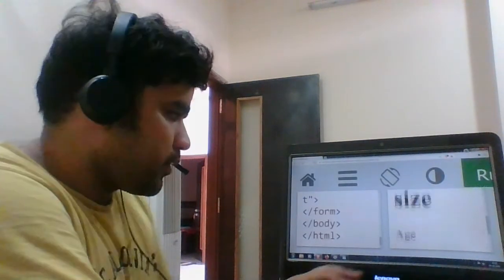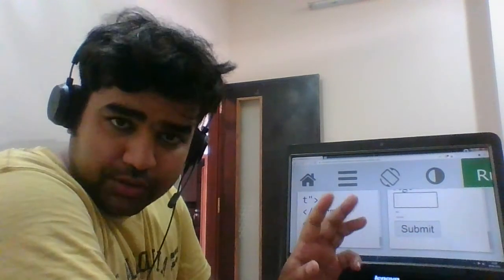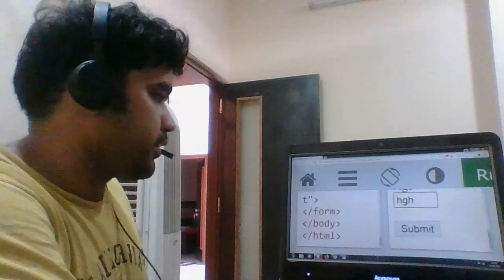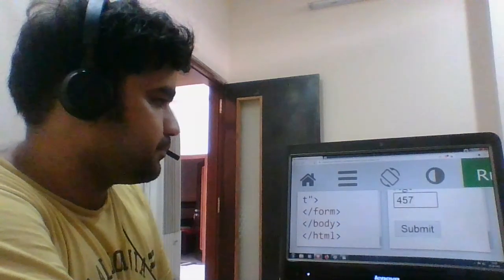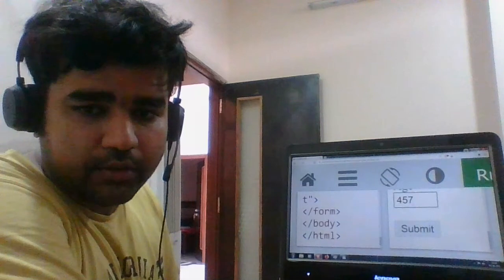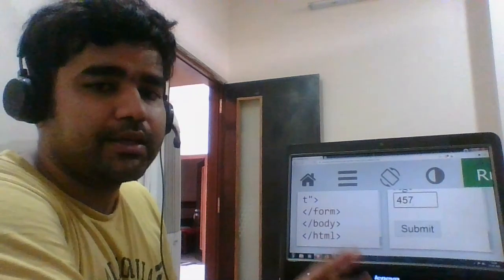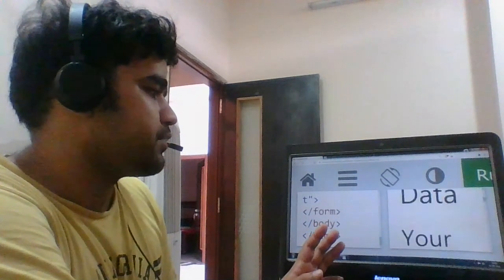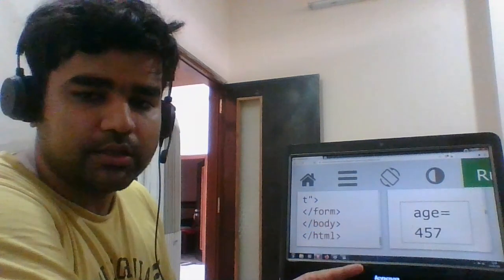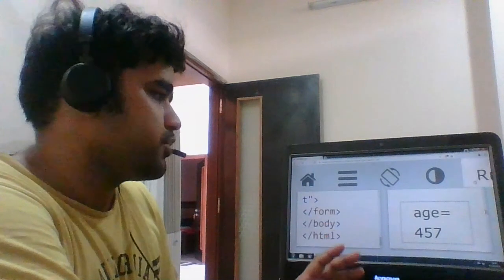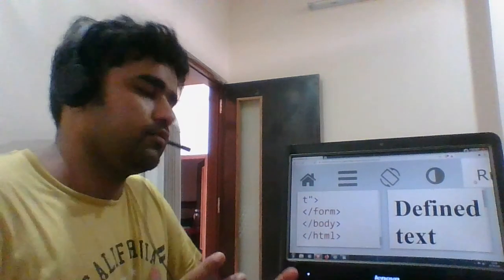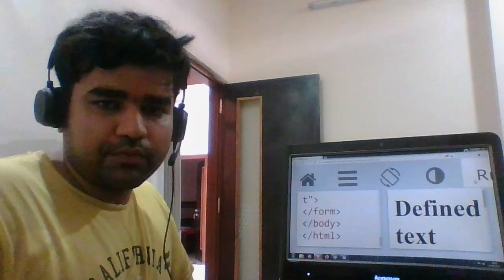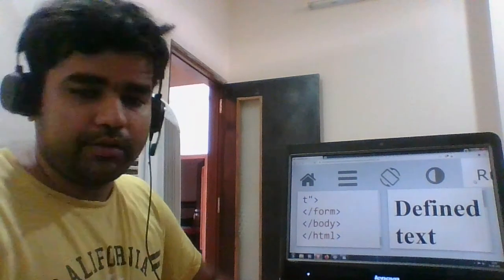Click on run. Now you can see that same kind of text box is there, but it has a defined limit. So let's check if I can go ahead and type. You can see even if I try to type, it's just taking 3 digits. It's not exceeding. The size of the box remains the same, and then you click on submit, and this value gets submitted that age is equals to this much. So that's the difference between those two kinds of boxes. It's just that you have to decide whether you want to restrict the user or not. So that's it for this video, and we'll keep talking about other kinds of input attributes in the next